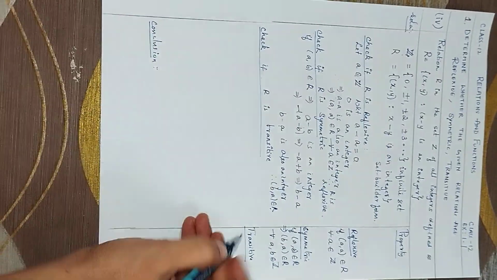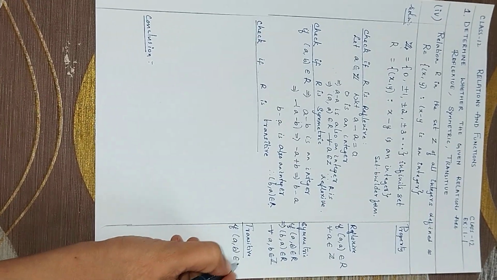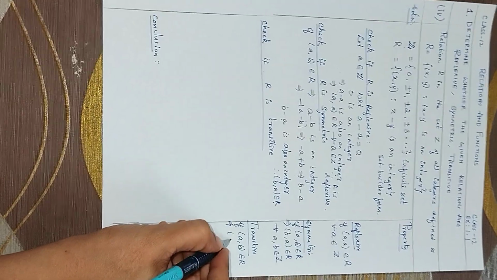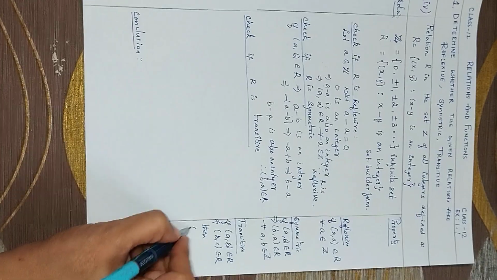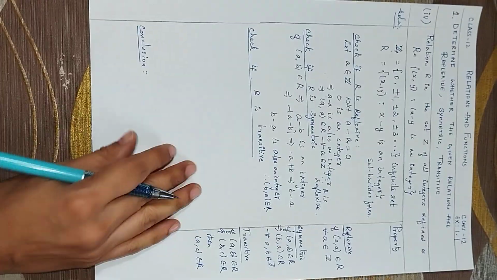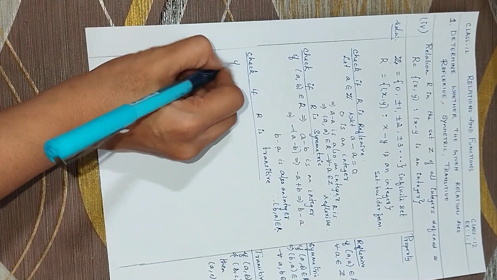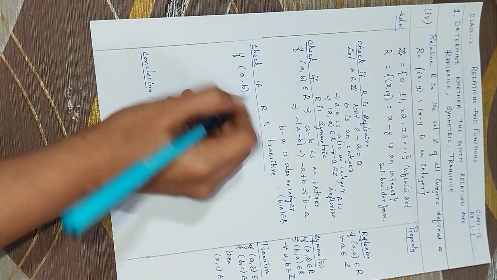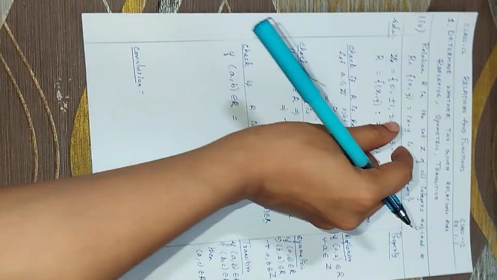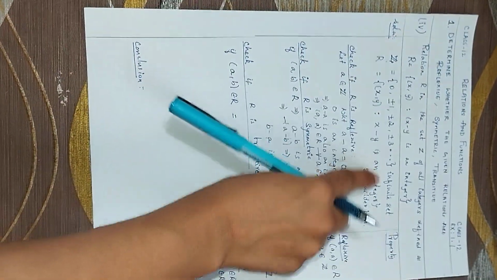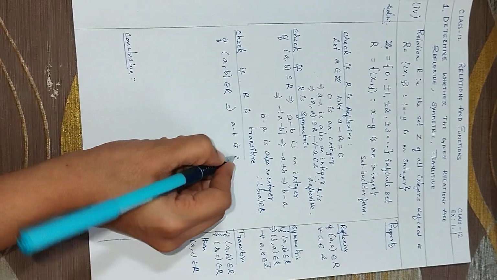So next we will prove transitive. How do we prove transitive? If (a, b) belongs to R and (b, c) belongs to R, then (a, c) belongs to R. So here two ordered pairs can be selected. So if (a, b) belongs to R, that means I am taking one ordered pair from this. If I am taking an ordered pair from this, it is satisfying this property. Implies a minus b is an integer,